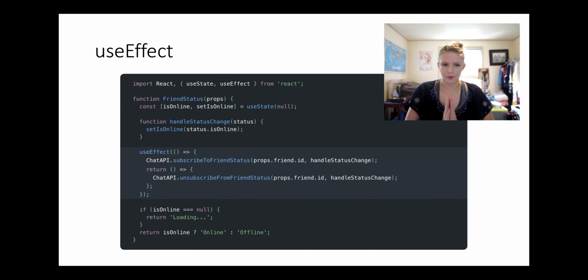And again, here's an example from the React documentation. I'm not going to go through the nitty-gritty of this example. I'm just going to explain exactly what useEffect is doing here. So useEffect is a hook that's replacing componentDidMount and componentWillUnmount from pre-hooks,